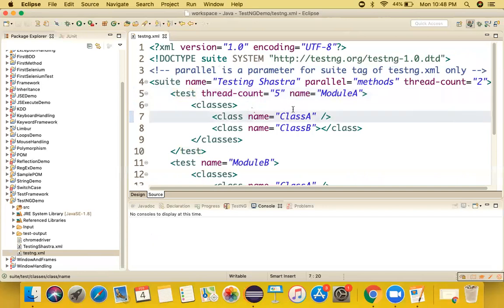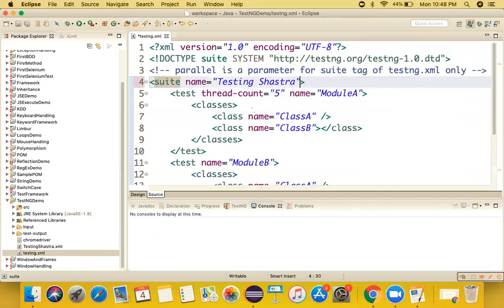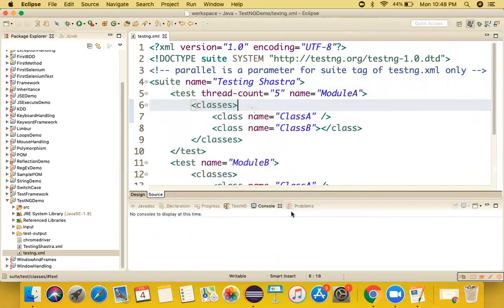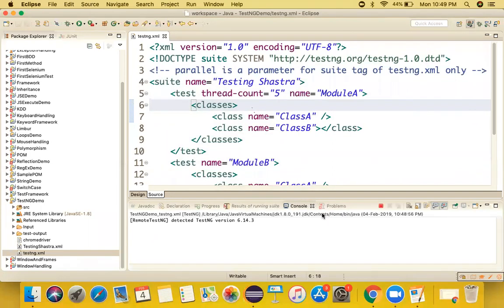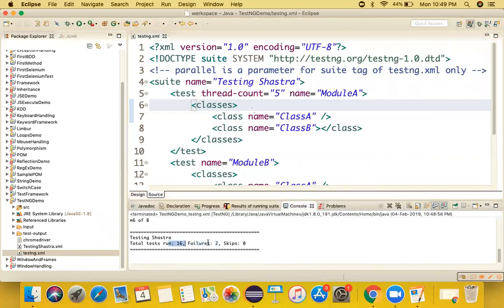But obviously I can show you the time difference when I execute parallelly and when I don't. Let me show you how much time it actually takes to execute. It would not be a drastic difference because we have very small test cases over here and they will not take that much time to execute. Two failures are there, 16 test cases have been run. So let me go to the test output